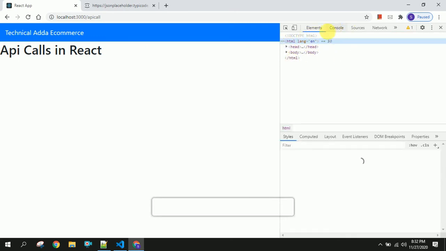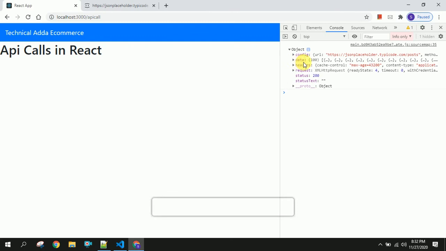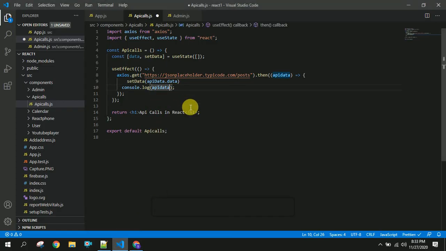In this object we require only the data part, so we don't require config, headers and all the rest, so that is the reason I have taken data from that, and I am setting it to data. That's it. Let's check it by rendering this.